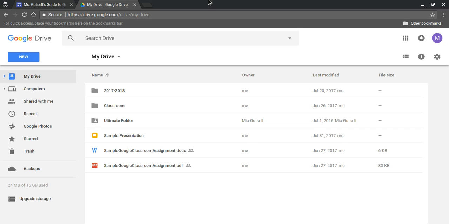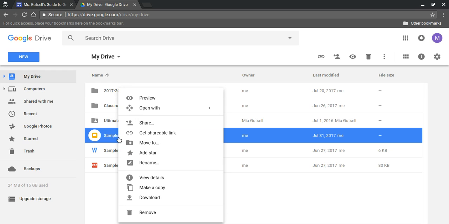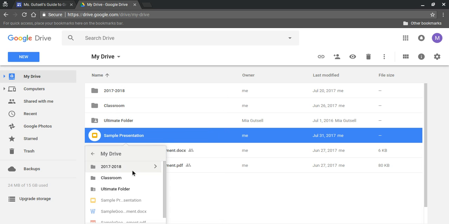So with that being said, let's start off by trying to move this sample presentation item. To move an item in Google Drive from the full desktop version, on my mouse, I need to right-click so that this option box appears for me. I would then left-click on Move To in order to move the item to my preferred folder. I would left-click on the arrow icon next to the folder icon if I want to move it within that